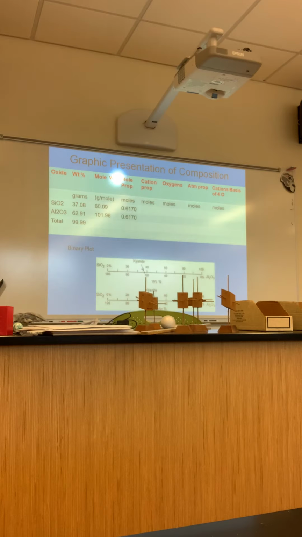So we have to start to be able to look at the range and compositions of things in a graphical method. And so that's what I want to talk a little bit about, is the graphic presentation of these compositions then after they've been calculated by that method. Okay, and so we can look at plotting up things in a binary plot to start with. So here's a very simple composition